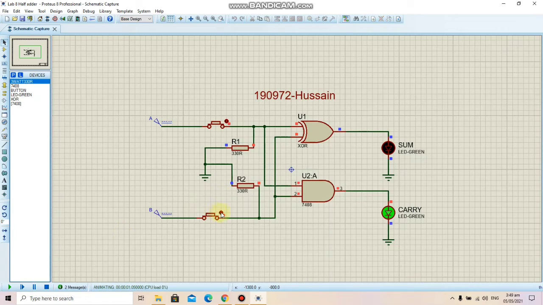First of all, let's go to the condition 0 0 and we can see that the output is 0. Then let me make any one input high. We can see that 1 plus 0 will give us 1 at the sum, which is the least significant bit. So the output is 1. Then again 0 plus 1, output is 1. Now if I make both the inputs 1, 1 plus 1 gives us 2. So 1 0, we know that 1 0 is equal to 2.